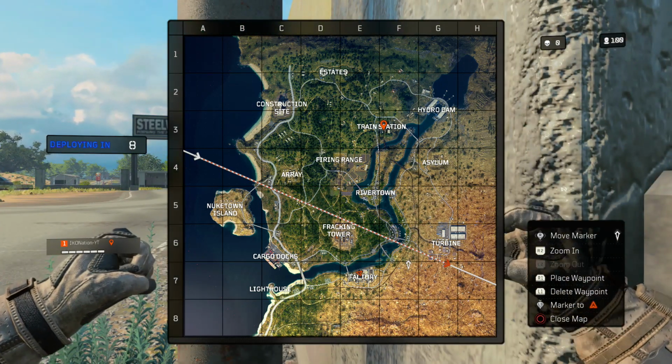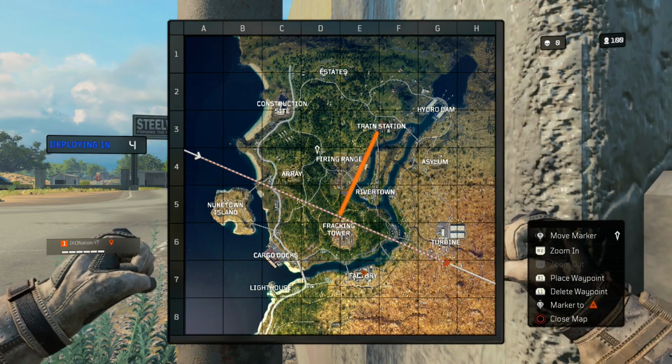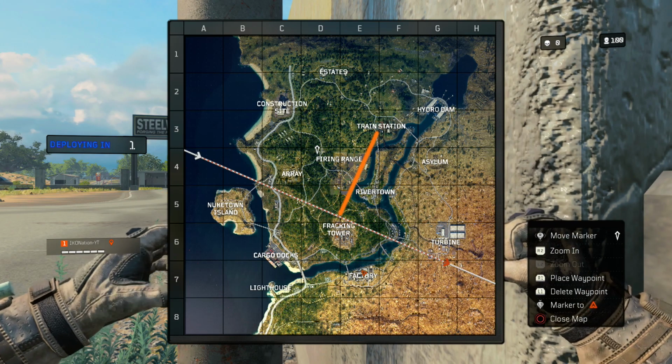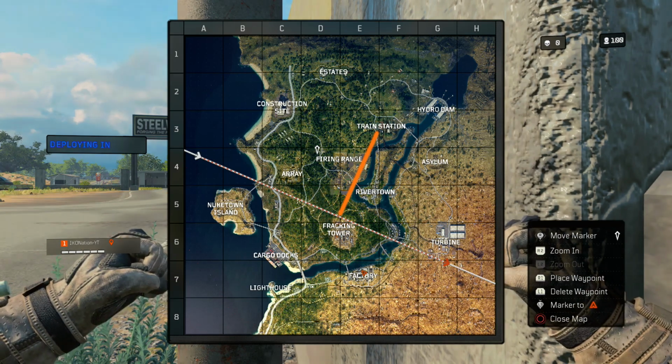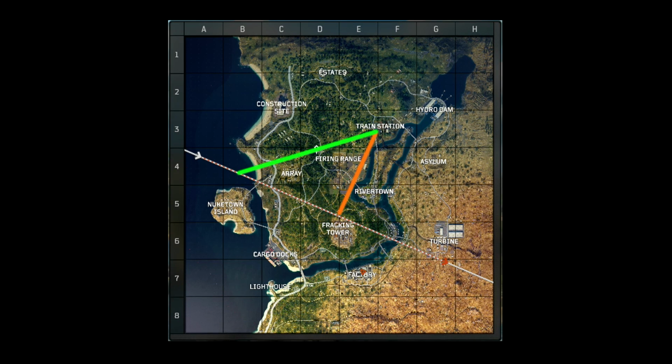And first thing I'm going to do here is draw an orange line. If this were any other Battle Royale game and we were flying from the plane to train station, we would want to get as perpendicular as possible and then kind of veer off towards train station. Now in this game, it's a little bit different because the wingsuit allows you to soar. So as I bring in this next image, the path that we're actually going to take is that along this